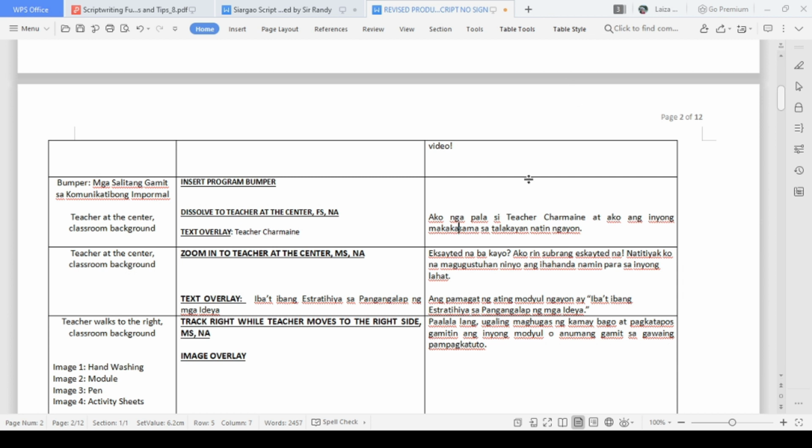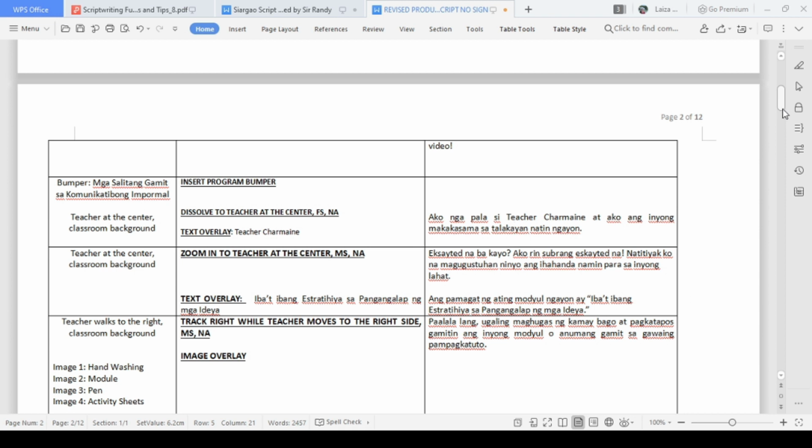Kasi hindi kayo mawawala because you have the boxes as your guide. You can check if this graphics has been made by your illustrator or your graphics designer. Kung wala pa, then check the box. So dapat each of the member has a copy of the production script, hard copy of the production script. And then,